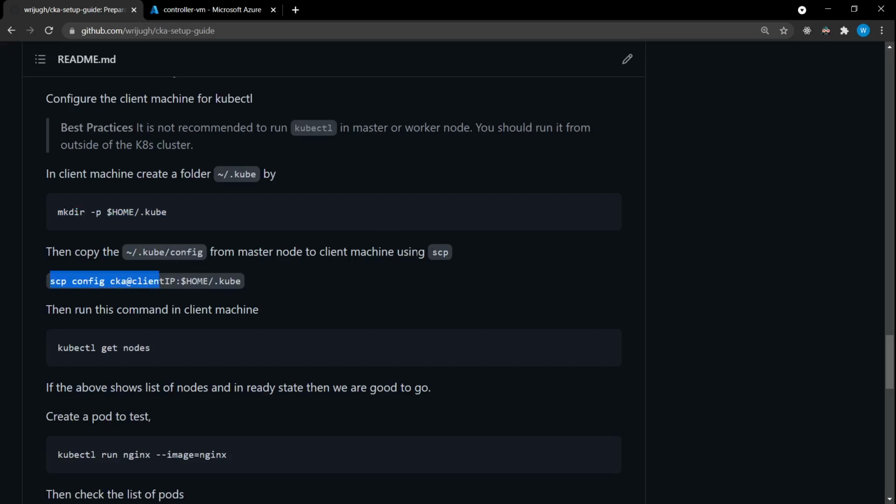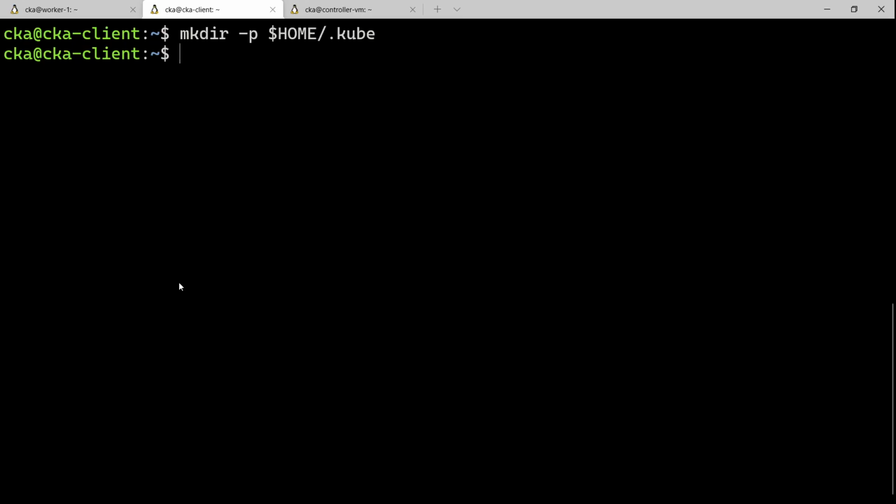From the master to the client. So what I need to do is go to this master and then copy the home and then Kubernetes config from there. So let's just go into the control plane. What we can do is SSH CKA controller,